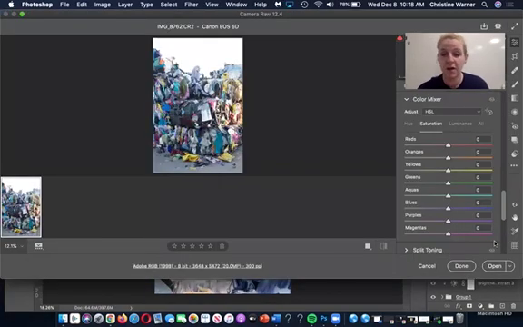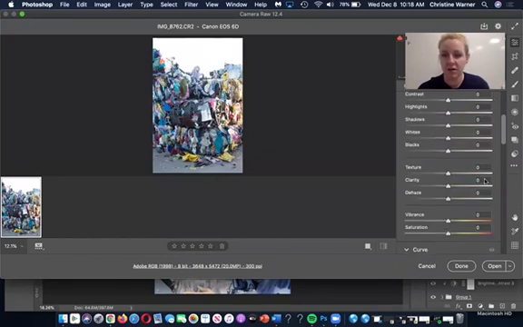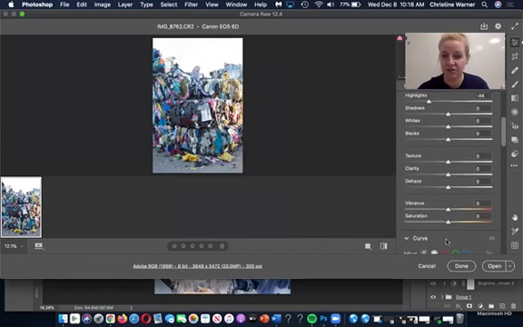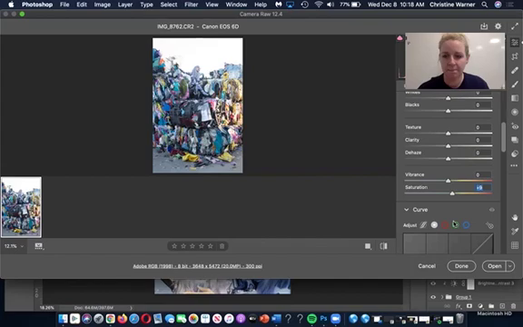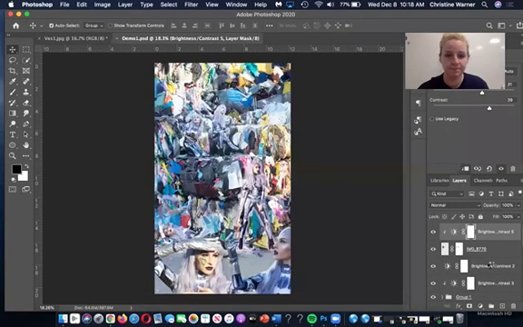When it opens, it'll allow me to make some changes using the Camera Raw filter. So I can, for example, get my highlights back. I can increase the contrast if that's something I want to do, maybe increase the saturation a little bit because this trash pile has a lot of great colors that I'm going to be using. And then whenever I'm ready, I just click open. Open that document,